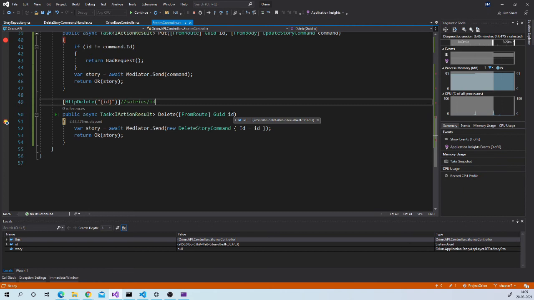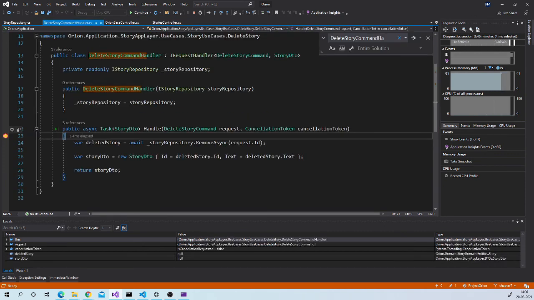It is calling appropriate action method delete. Data is coming properly. Then we are creating request object and sending it to mediator. It's coming to the delete story command handler. You can check data is coming properly.